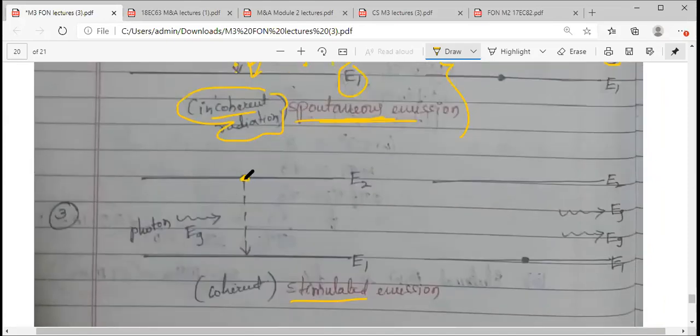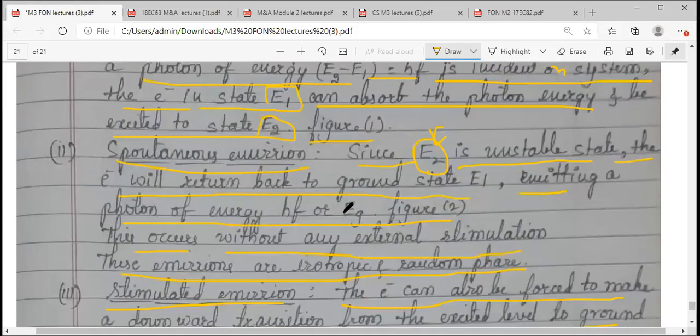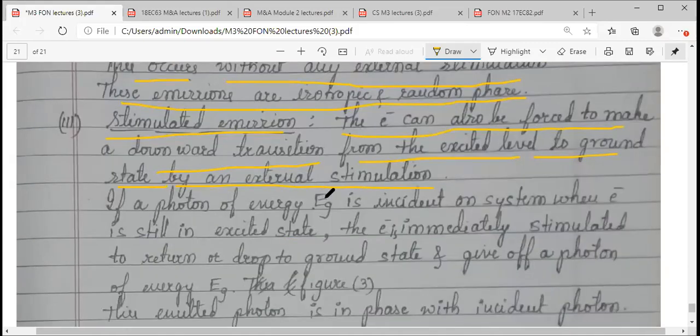In spontaneous emission, what is happening? It will try to come back to the ground state. But when the electron is already at the higher level, before it comes back spontaneously or randomly, we can also force it much before. The electron here is in an unstable state. Before it decides to come back, what can we ourselves do just before that? We can supply a photon to it. So that's what stimulation is. We are forcefully giving the photon to it. So what is this?